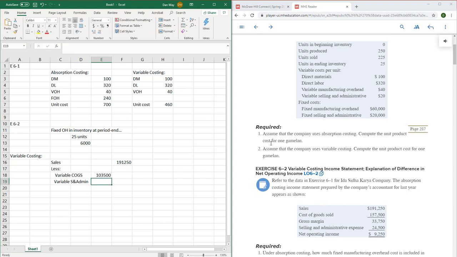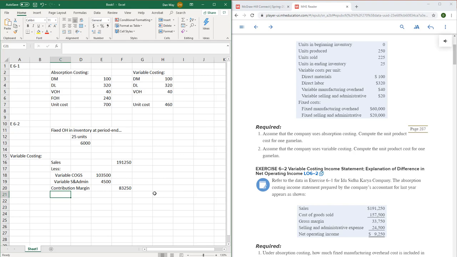So that's $103,500. Now the variable selling and admin, we know from the 6.1 setup, was $20 per unit. So $20 per unit times, again, the 225 units sold, for a total of $4,500. Sales minus all of those variable expenses would leave us with our contribution margin. I'm going to do the numbers out to be explicit there. Sales minus variable cost of goods sold minus variable selling and admin gives a contribution margin of